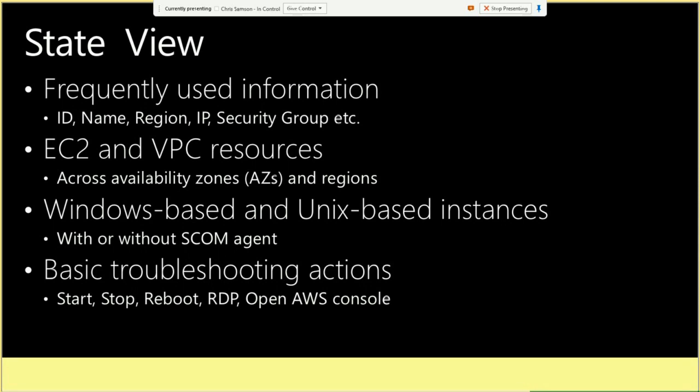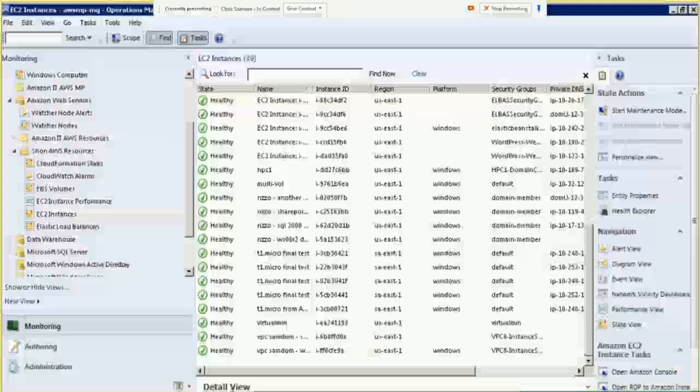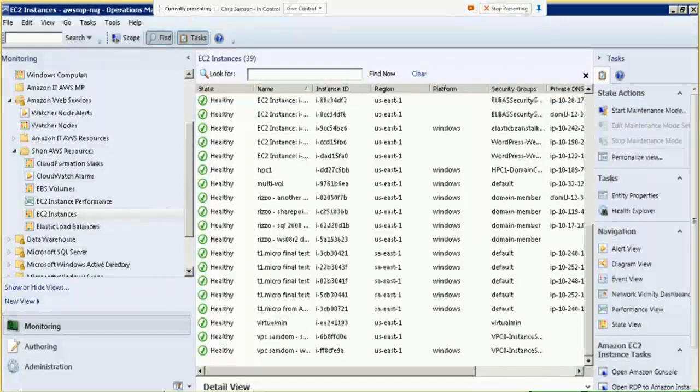It will also manage Windows as well as Unix-based instances with or without a SCOM agent. But to get the reporting and the detailed discovery of those instances, you do need an agent, and it will give you start, stop, reboot, RDP access, and then be able to open the AWS console should you need to gain access to the console to do work on your servers. So what I'll do,